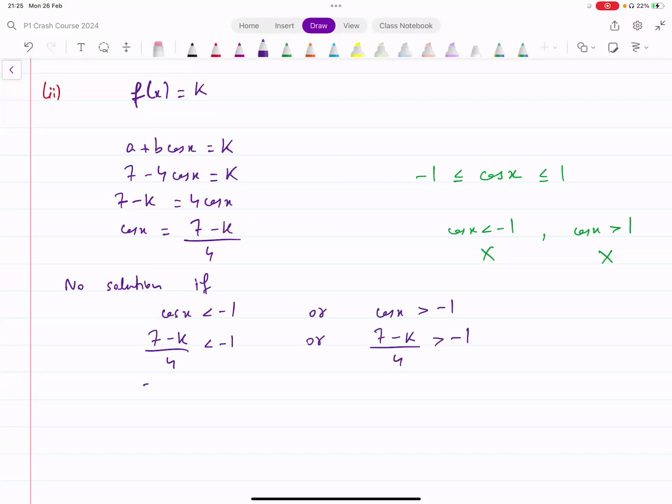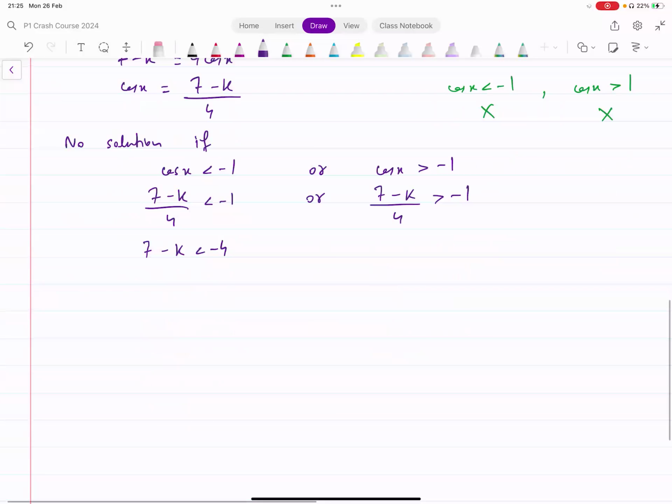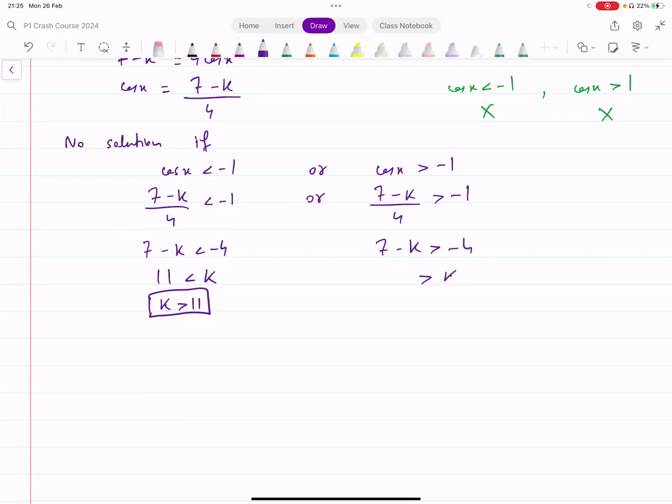Just solve these two inequalities. You get 7 minus k less than minus 4, and that gives you 11 less than k. If you write it the other way around, k is greater than 11. Multiply the 4 on the other side as well. That gives you 7 minus k greater than